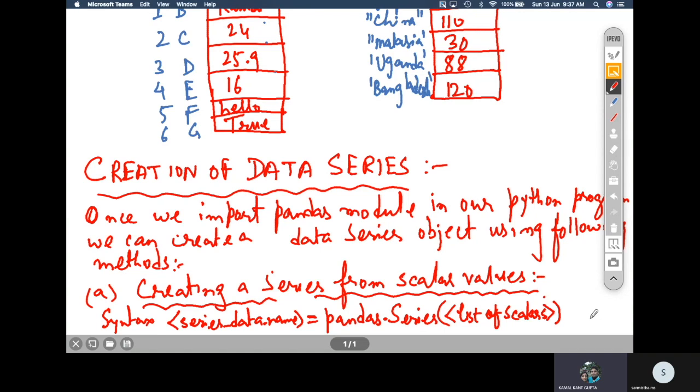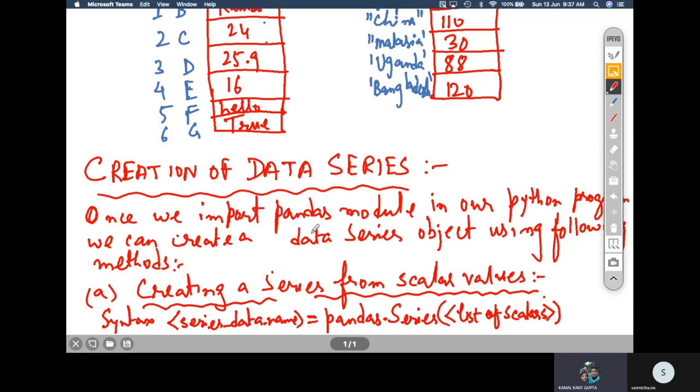But most often we don't use the word pandas a lot of times. Instead, we give an alias name to this module while importing it. As I've told you, you have to first import the pandas module. After importing, give an alias name, which is done by using the keyword as.